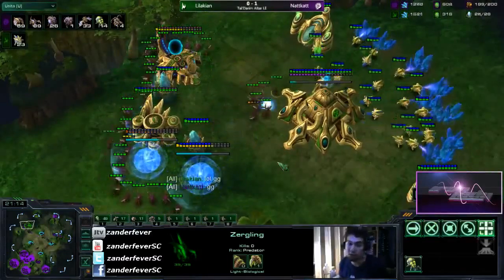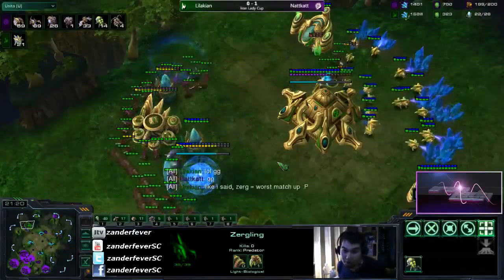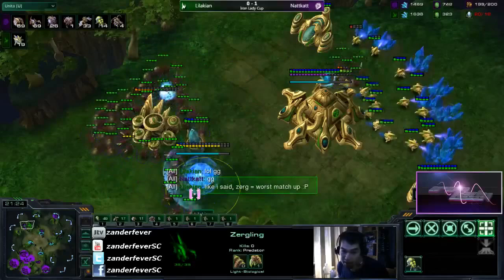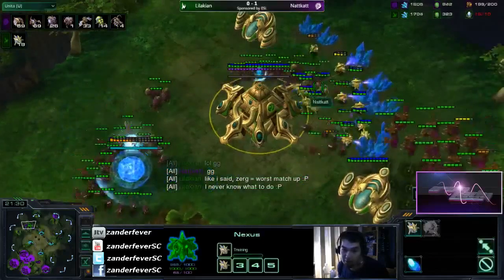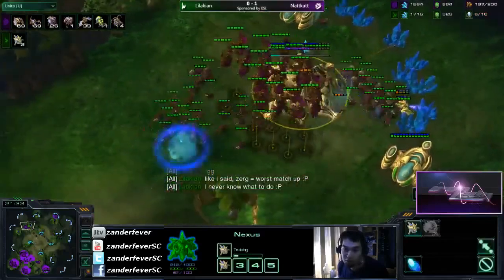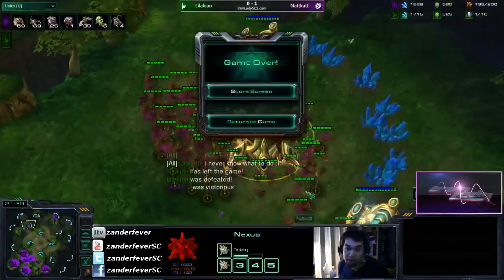We'll have Nattkatt 2-0ing in a very, very dominating fashion. Like I said, Zerg's worst matchup. I think it's more than that, Lilakian. I never know what to do. I think it's more than that. But there we have some more explosions going on as death ensues. Banes are still there, and finally